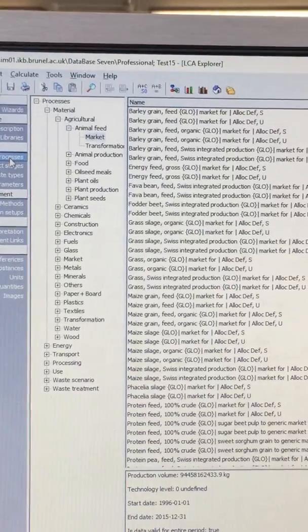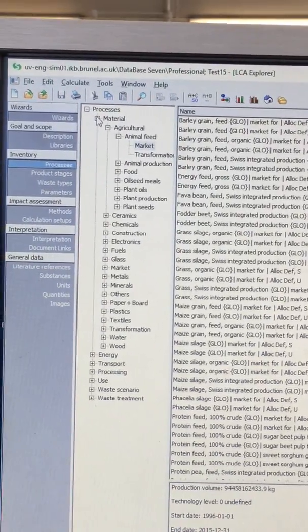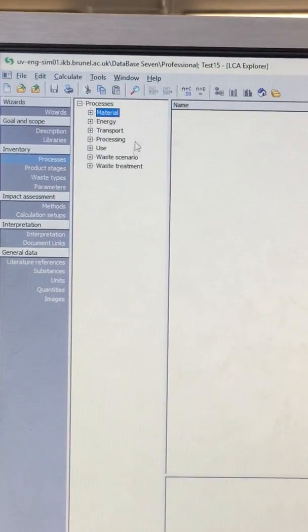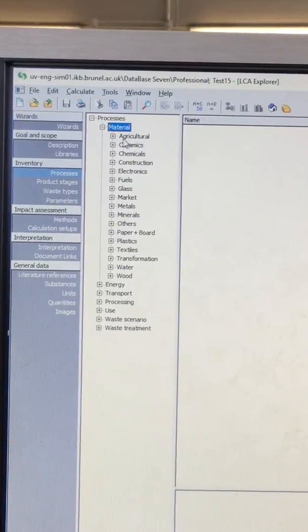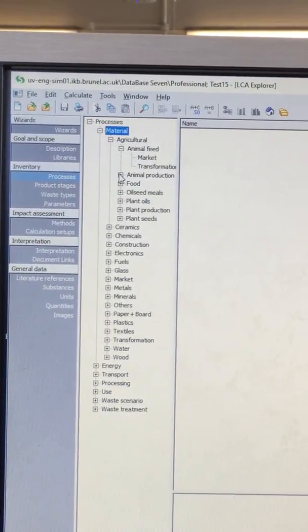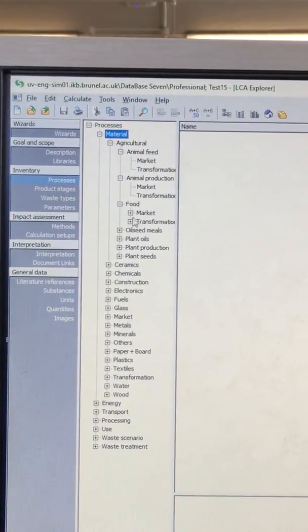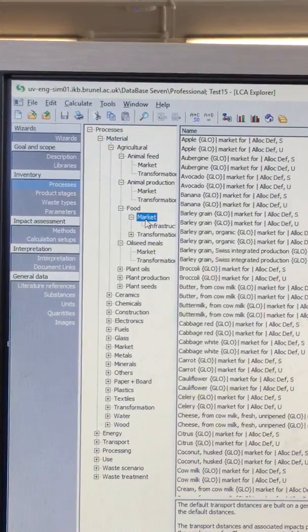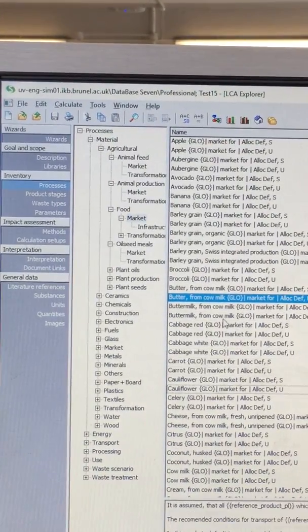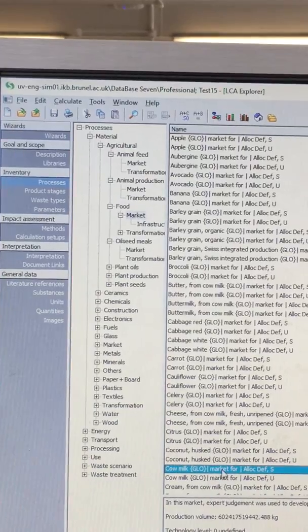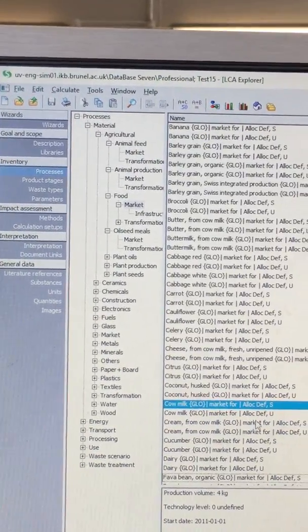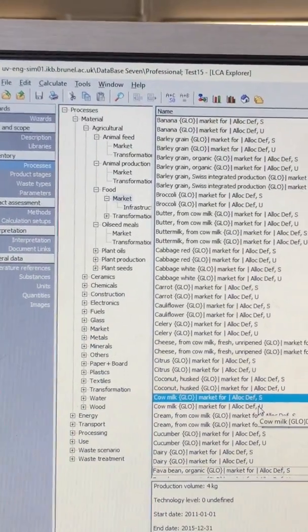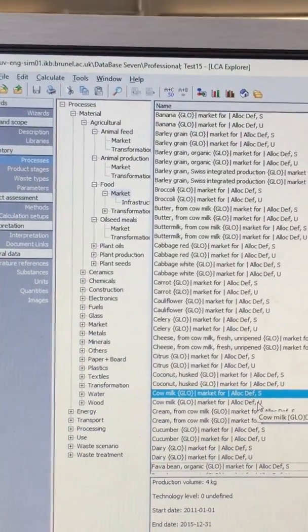When you go to processes, this is what we will use. There is a tree structure here. You have all the materials, for example, agricultural, animal feed, animal production, food, market. And when you go here, actually you can find the production of cow milk. And here there are 2 types of process definitions, system and unit. If you go to unit,